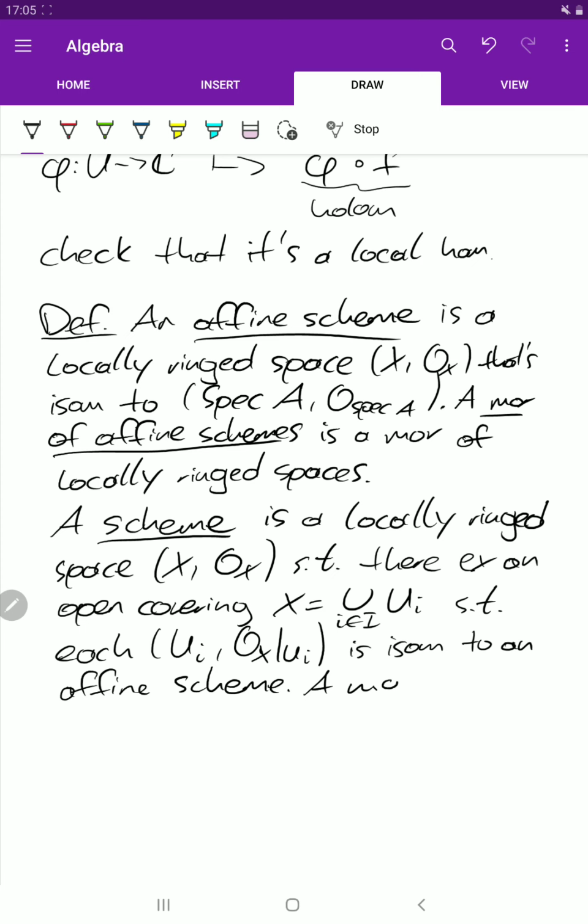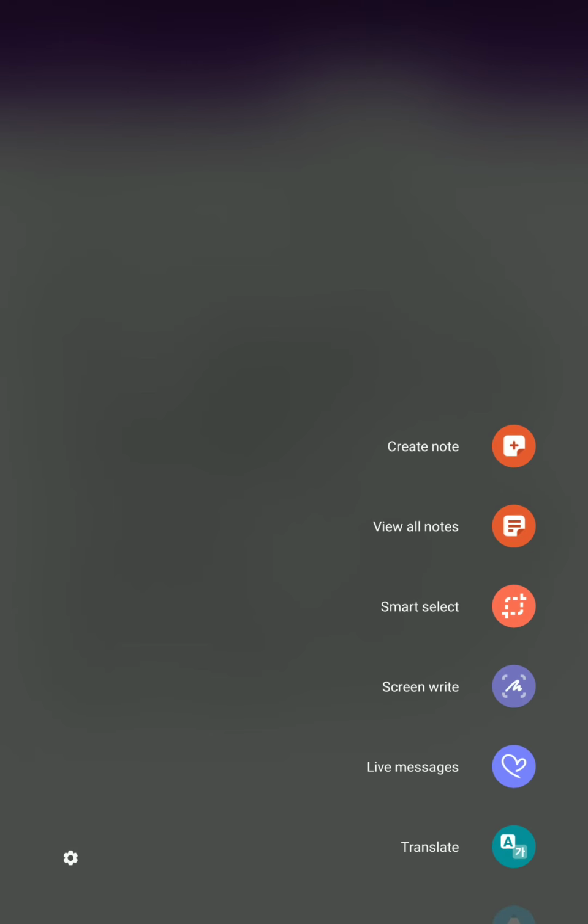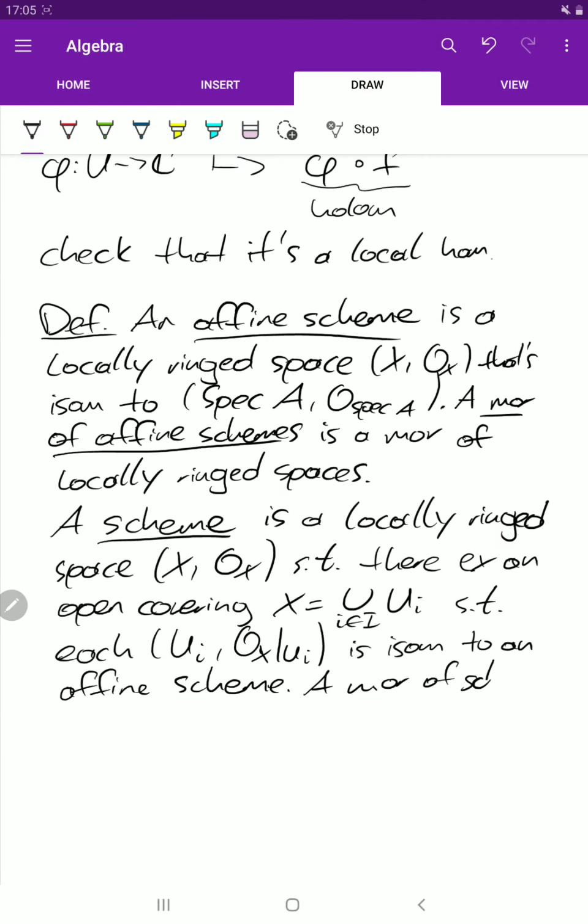And a morphism of schemes is again just a morphism of locally ringed spaces, where again, if we say from X to Y, both are schemes.